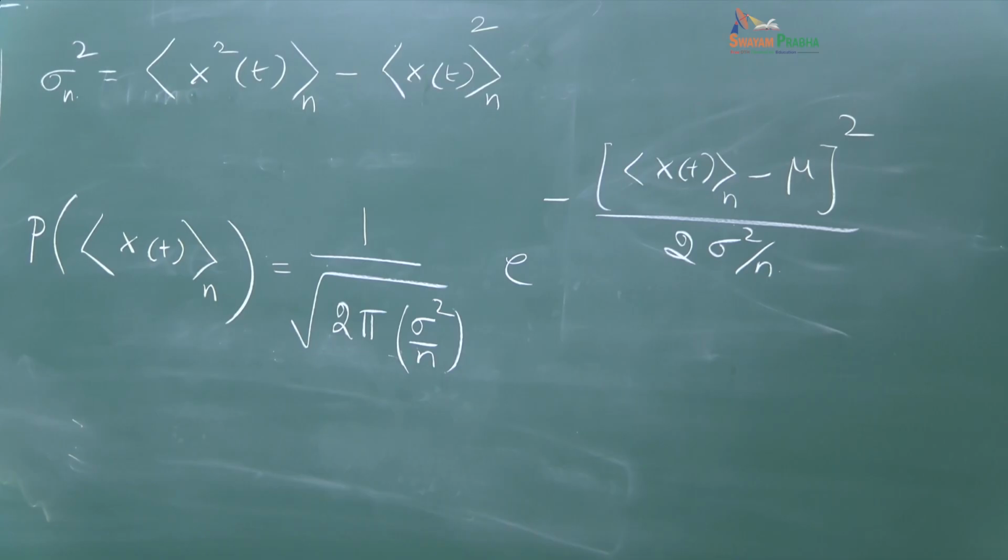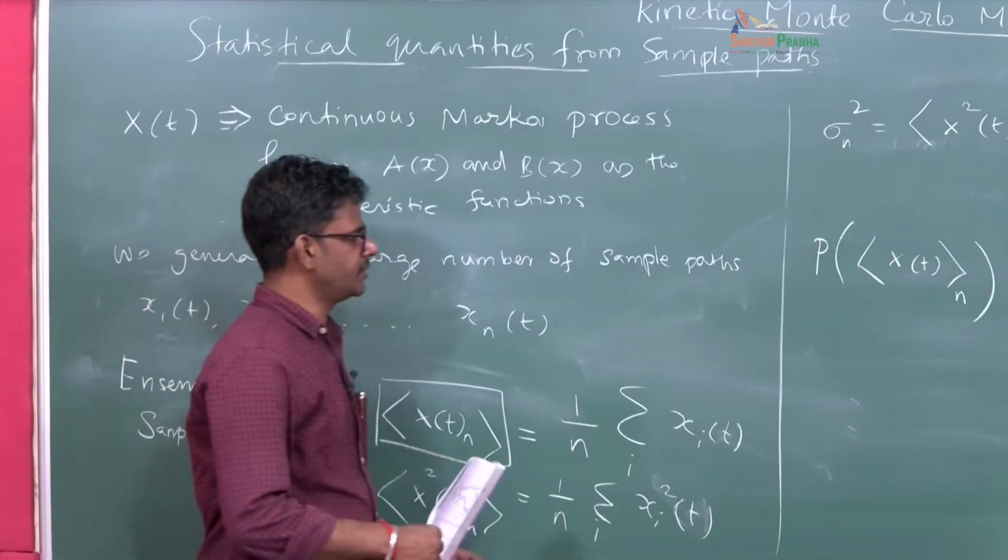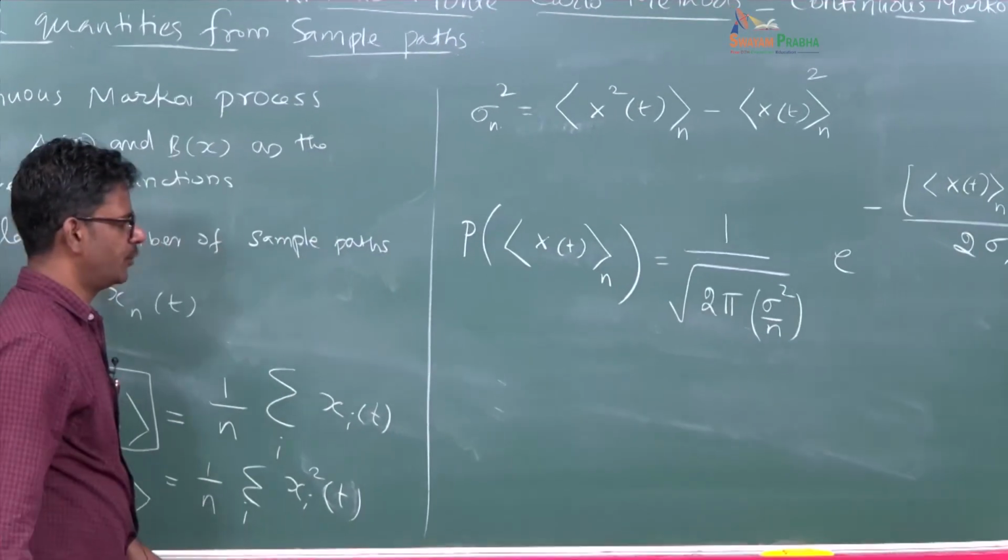So the sample mean that we get is going to be normally distributed with